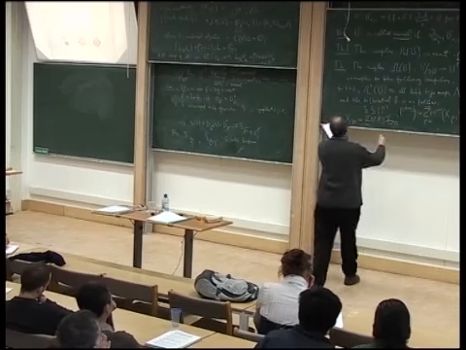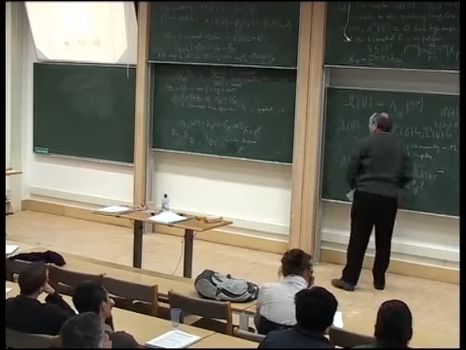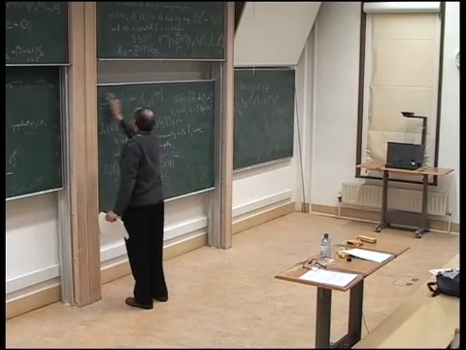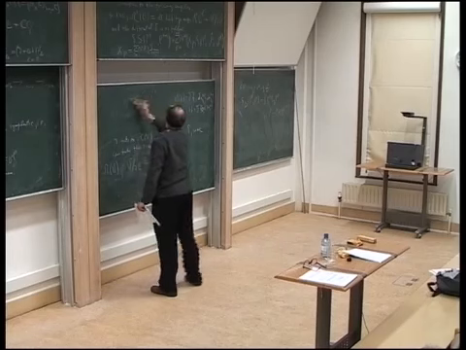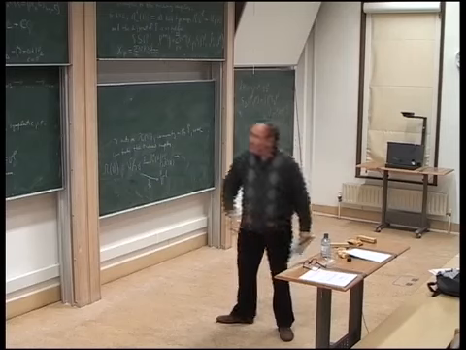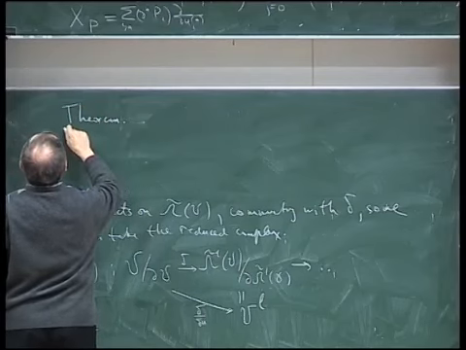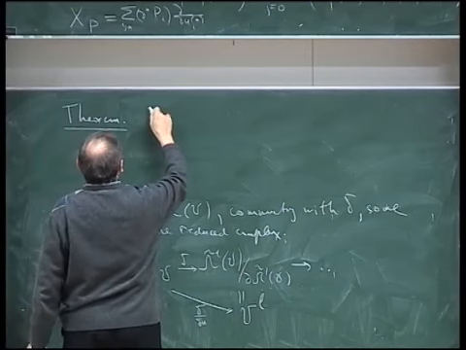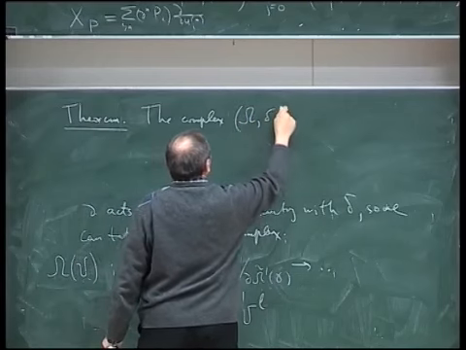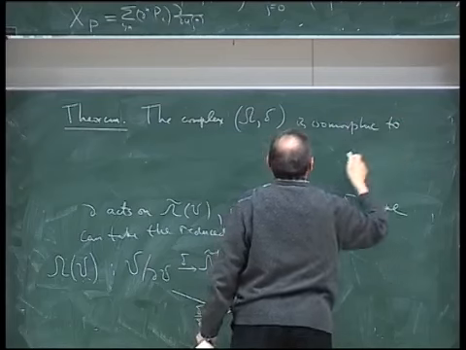So we have to introduce Lie conformal algebra and its representation. And the claim is that, okay, let me state it. So theorem: the complex omega delta is isomorphic to